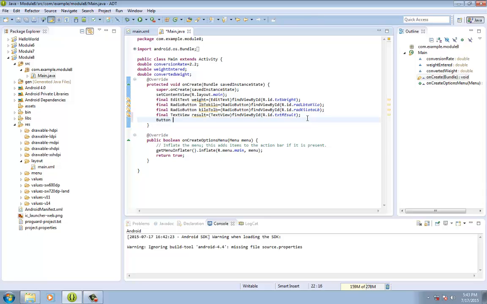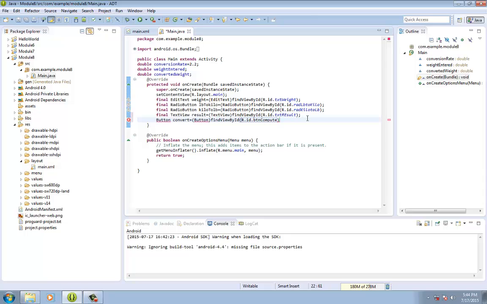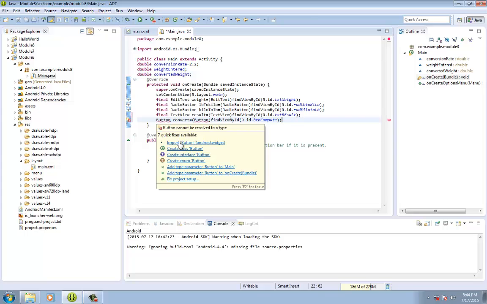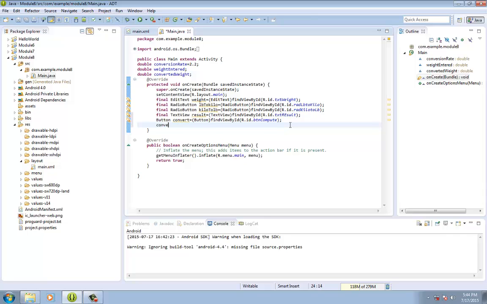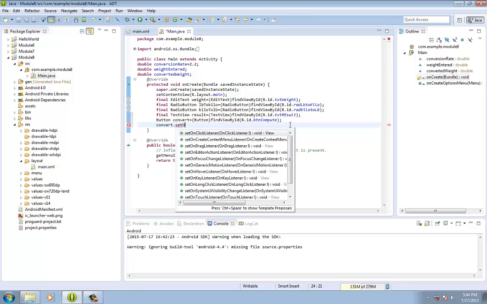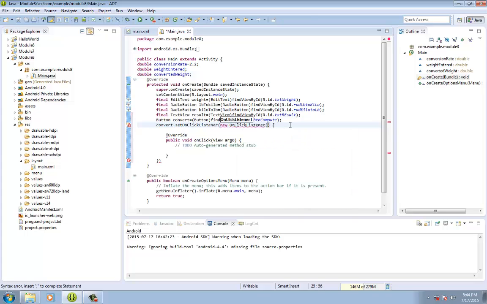And then type in Button convert equals Button, and then findViewById, so Ctrl+Space, and then R.id.btn_compute, and then semicolon. Don't forget to make your Button a widget, and then type in convert.setOnClickListener, and then type in new OnClickListener,